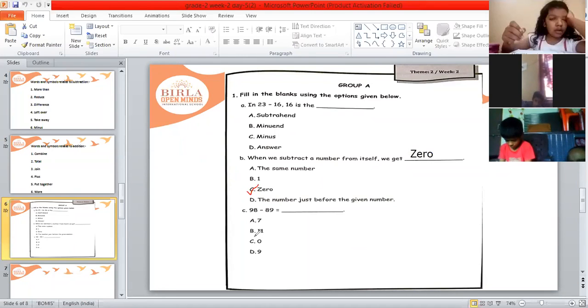Now your bit C, that is 98 minus 89. You have to tell what you will get after subtracting 89 from 98. Blank space is there, so we will write these two numbers here. First we will write here 98, and please write here ones and tens also. Above this 8 write O, O stands for ones, and above this 9 write T, T stands for tens. Below this 98, you will write here 89.